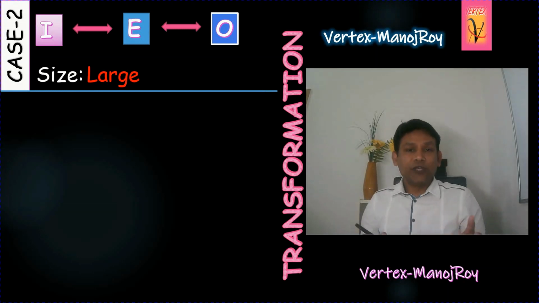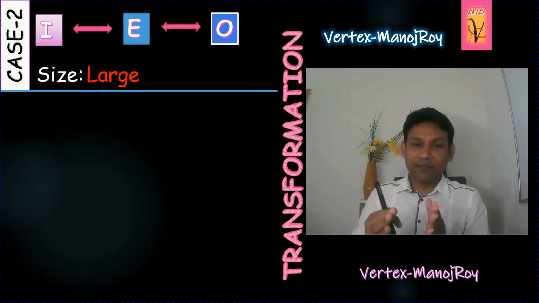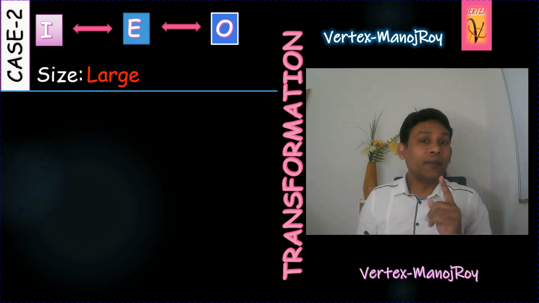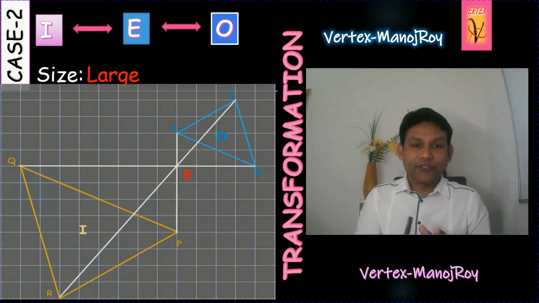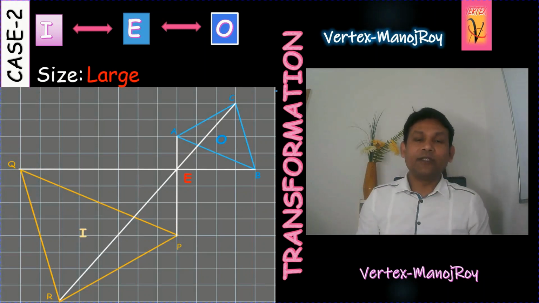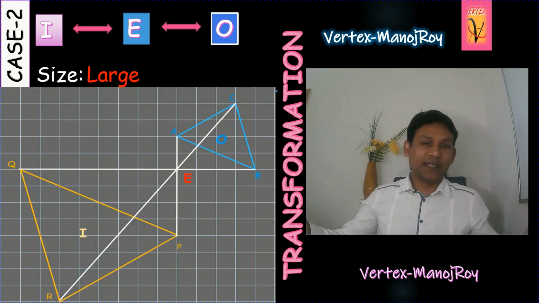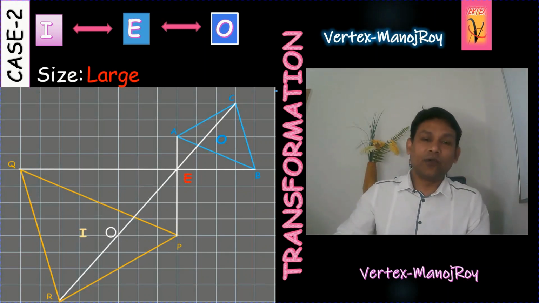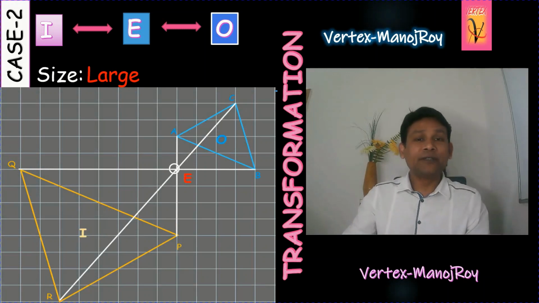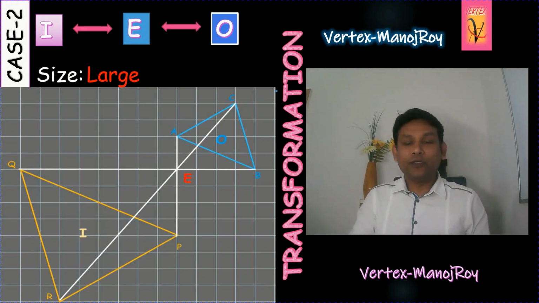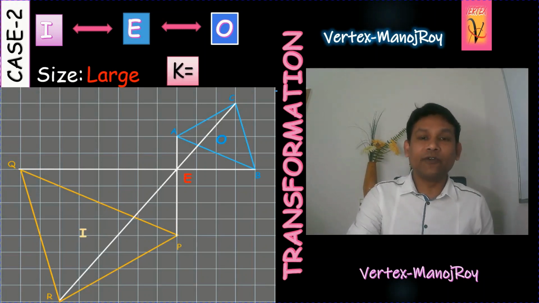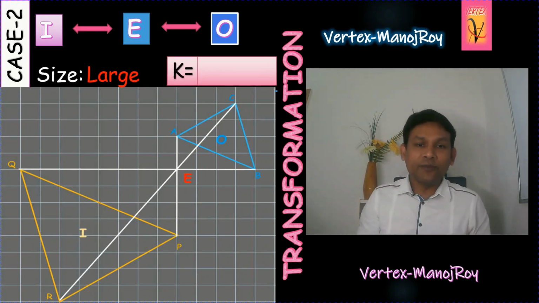So now, what situation do we have when the center is in between object and image? And remember, in matrix transformation, the center is always the origin. I have made the figure so that the center is in the middle, the object on the right-hand side and the image on the left-hand side, I mean opposite sides. It is also possible to have the object here and the image here, there is no problem, but the center is in the middle and the size is large. What type of scale factor do we have? Can you think about it?